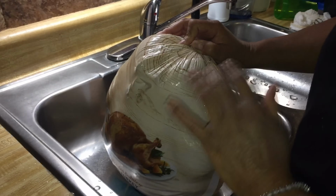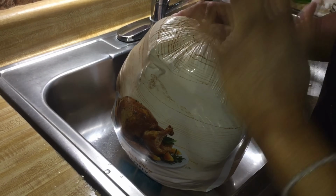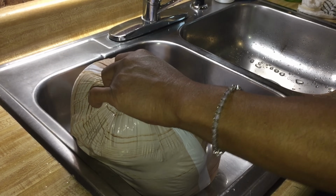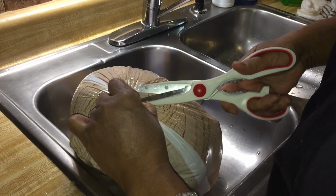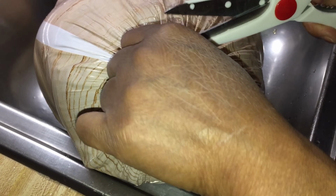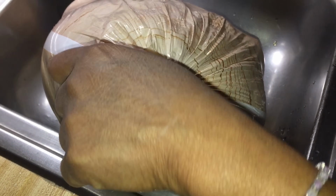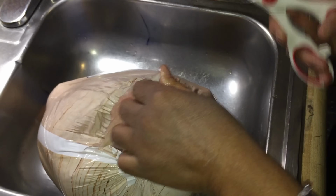Okay, the first thing you want to do is clean your sink thoroughly, which I cleaned and rinsed. Now I put the turkey inside of the sink, and I'm going to take my scissors and cut the paper on this turkey away from the turkey. Try not to cut the turkey. You just want to rip that paper,